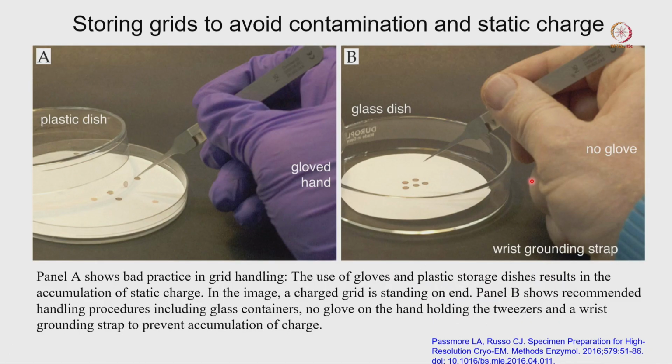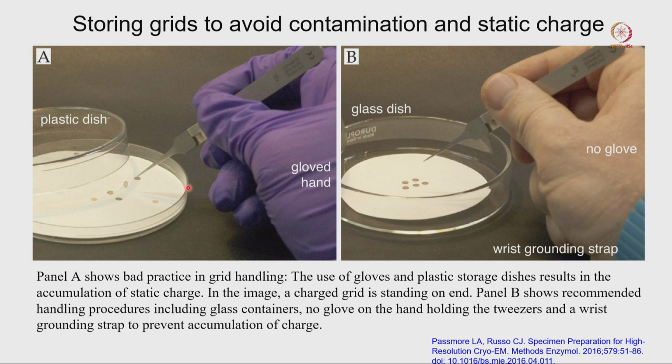Now if I go to the next one, how should we pick up our grid? Here one important part is shown: in a petri dish there are multiple grids, and as I mentioned, the grids are very thin, and the diameter is 3.05 millimeters. So you have to handle them gently. When you pick up your grid using a tweezer, you should not hold it directly from the side. Use your tweezer so that you can pick up the grid from the side, not from the center. If you pick up your grid from the center, what will happen? It will bend the grid.